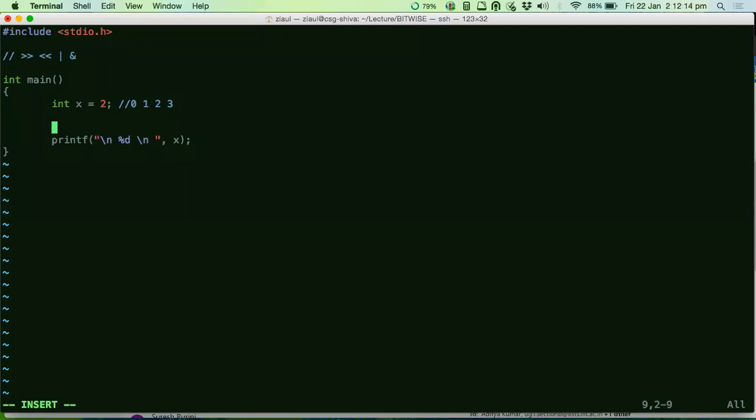Yes, pointers is the way to do that. You are correct, Balam Krishna. I hope I pronounced your name correctly. So let's do that then. Let's take a pointer to x. How do I access the address of x? You guys must know this by now. The address of x, right? And if I increment it by 1, what do I get?